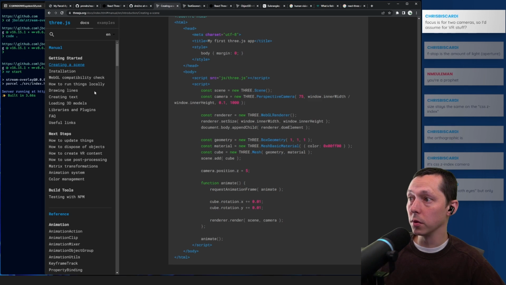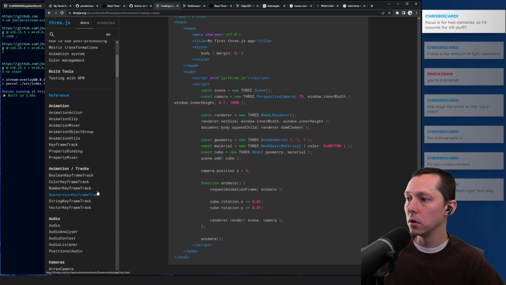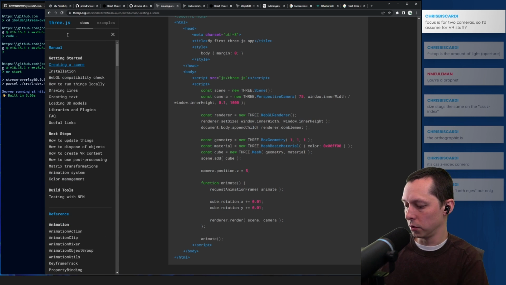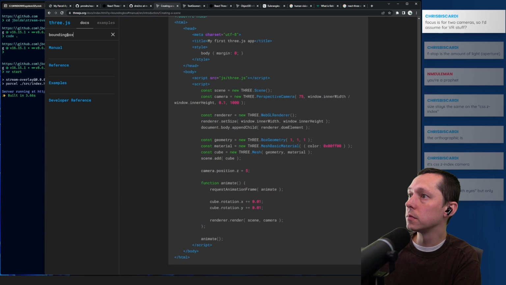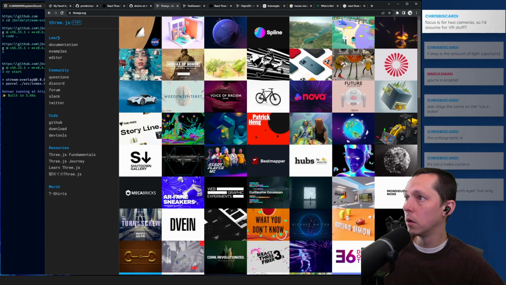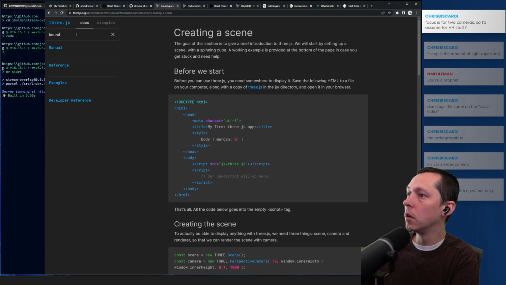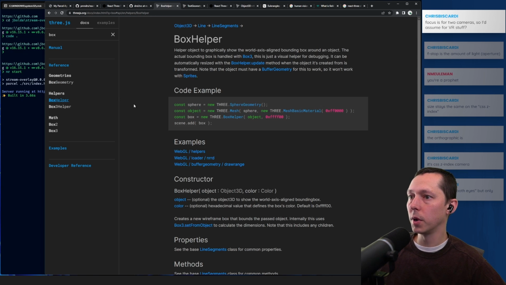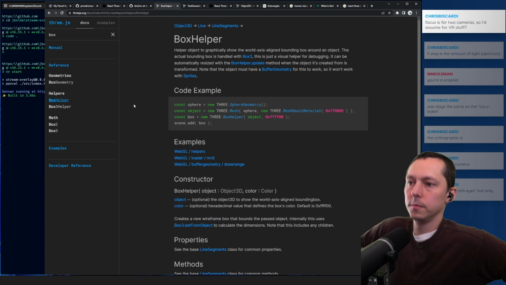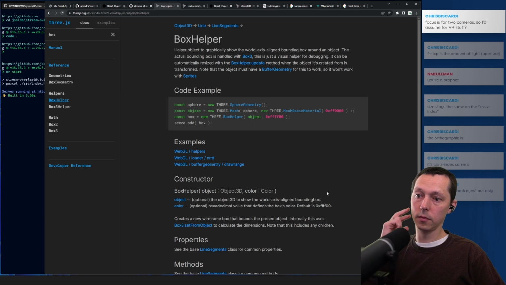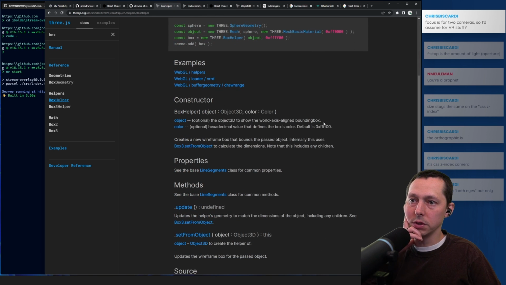It is also possible that we can use something within three.js as well. Bounding box. Box geometry. Box helper. So box helper is the thing that will show basically the bounding box. And it is world axis aligned. So that's